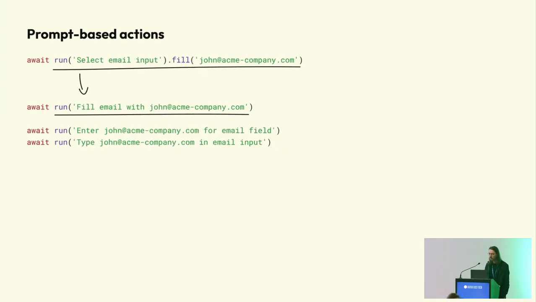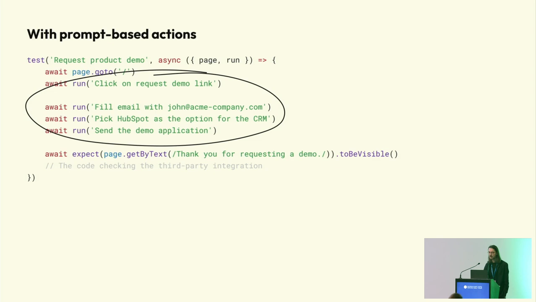We can take one step further, and instead of just using it for the locator, we can use it to drive the entire step. So we just use natural language to drive the entire action. And this is very interesting because we see the disappearance of the Playwright API altogether. And we can have even more abstraction on top of this, where we do not even have to call the run function. We could just have some kind of text file where we just give the prompt. So this is some kind of intermediary step where I replaced all the actions with prompts. But we can take it even further.